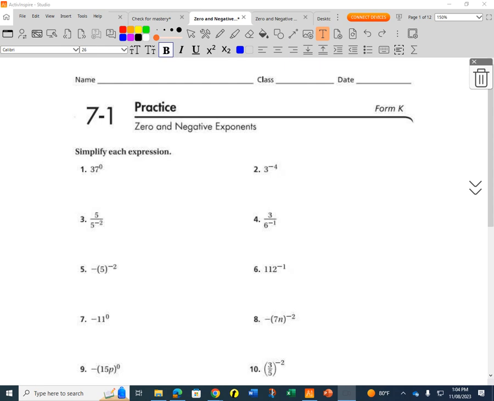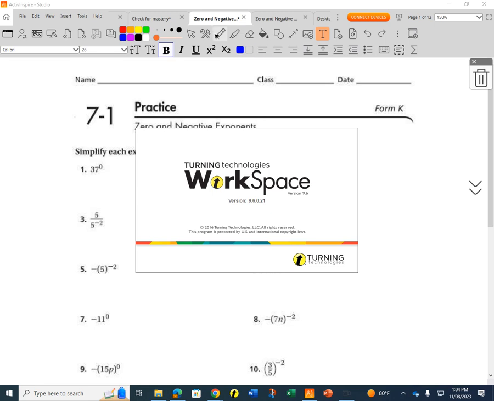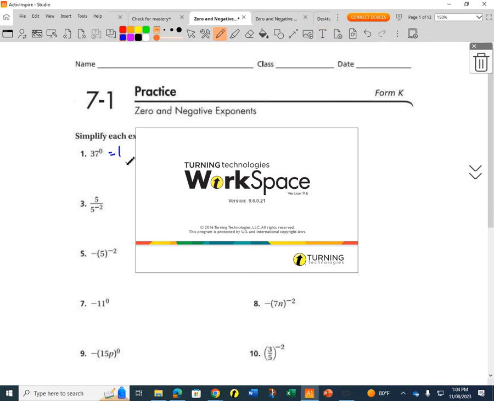All right, so number 1, 37 raised to the 0 power. What is any number raised to the 0 power? 1. So let's go ahead and write 1 there. Number 2